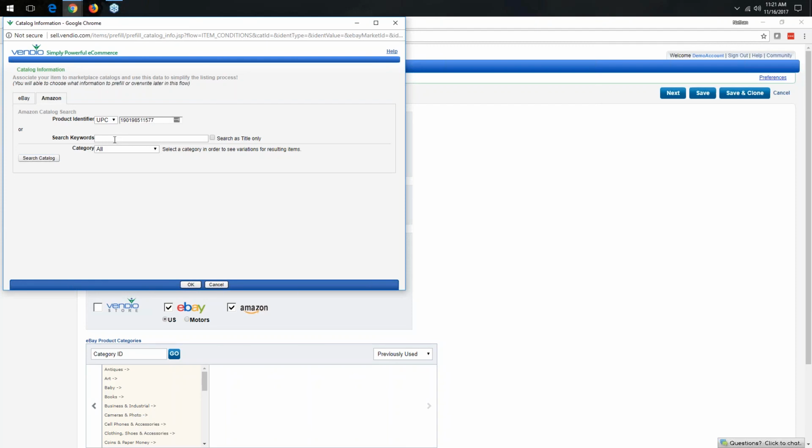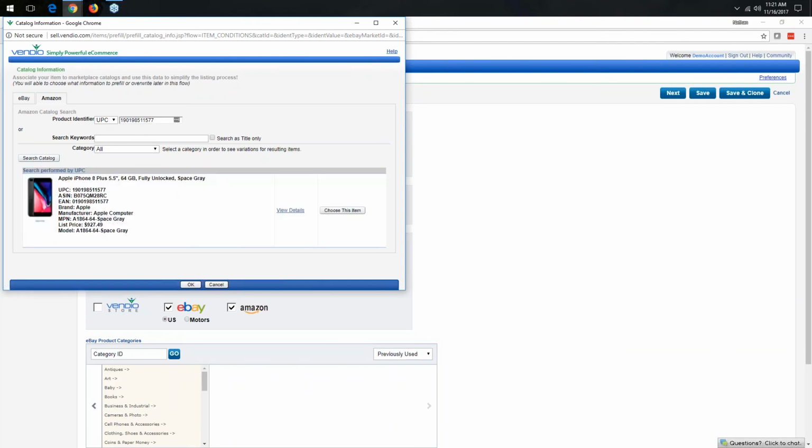Note also that you can search by keyword if you'd rather, and then that will bring up any results that come up based on those keywords, and you can select the catalog item in that way. Now that I've entered the UPC code, I'm going to go ahead and click Search Catalog, and you can see that the iPhone I'm looking for has shown up here, and I'm just going to go ahead and click Choose